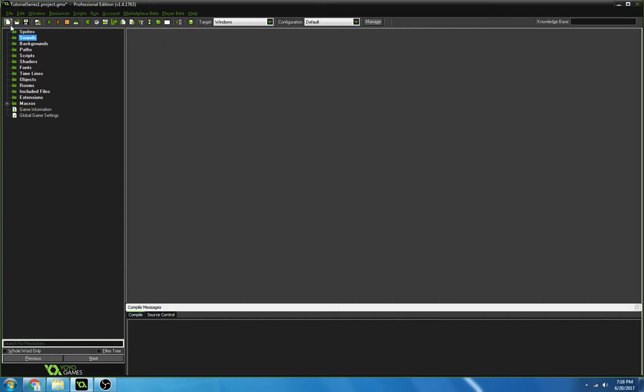Okay, so all these things down here, you can create a new game, save, basically a bunch of stuff in these top things right here. Okay, so let's move down to these folders. So in the sprites folder, this is where you can create sprites,